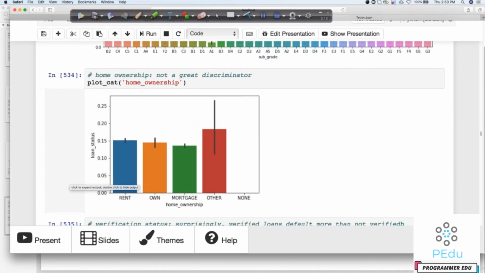Now let's look at the home ownership, right? Home ownership is whether he's renting, owns a house, or has a mortgage or others. Now here it's not a very good way of coming to some output because the values are very close. So maybe we would say that this is not impacting much. The home ownership variable is not letting us know much information.